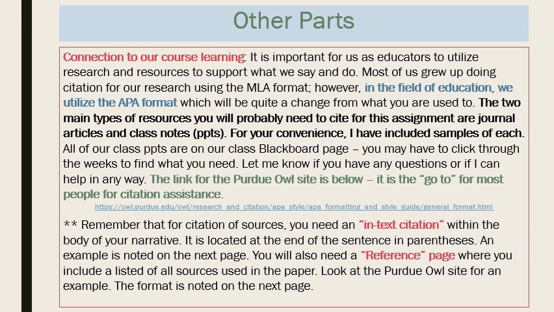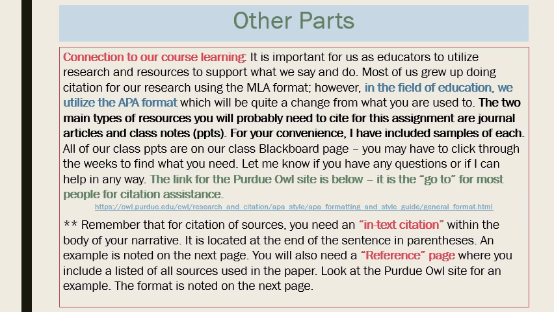There is a really good site. It's my go-to, and I know a lot of other educators use it. It's called the Purdue OWL website, and I've included a link on this site. I think it just brings you to the home page. You actually can use this site for MLA or APA, but you'll want to make sure that you're referencing the different things with regard to the APA format.